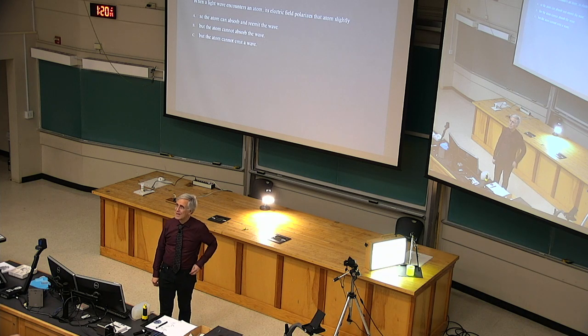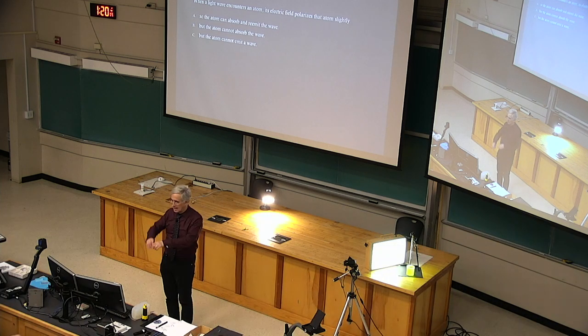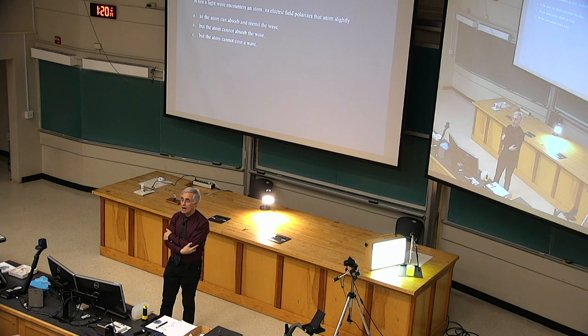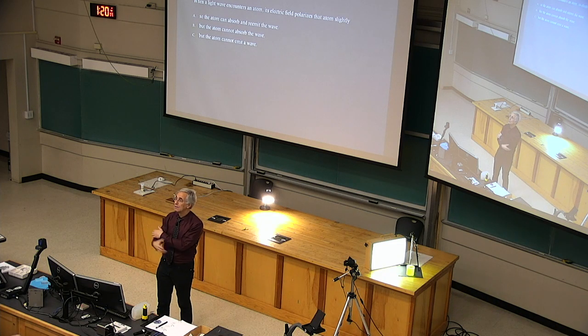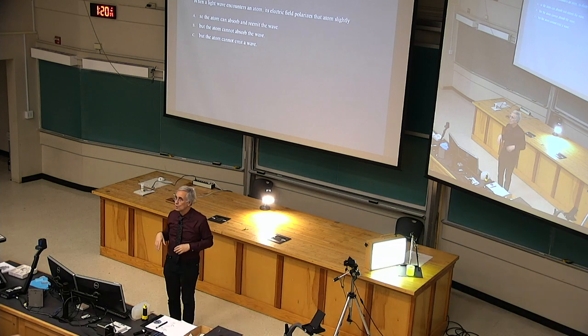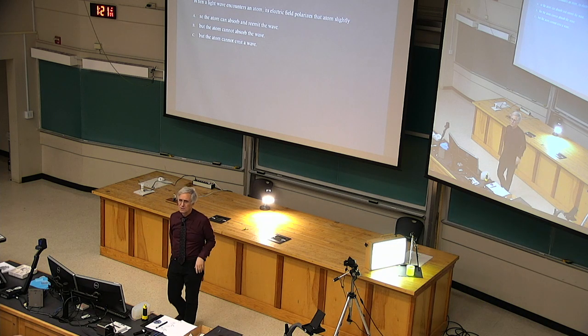However, when it encounters an atom, it does indeed polarize the atom. That electric field causes the atom's positive stuff to go one way, the negative stuff to go the other way, and the stuff jiggles in sync with the passing wave. And that allows the atom to take in part of the wave and re-emit it in some other direction. So light can scatter off little pieces of matter, like an atom, or all the relatives of atoms, like molecules, little dust particles and stuff.